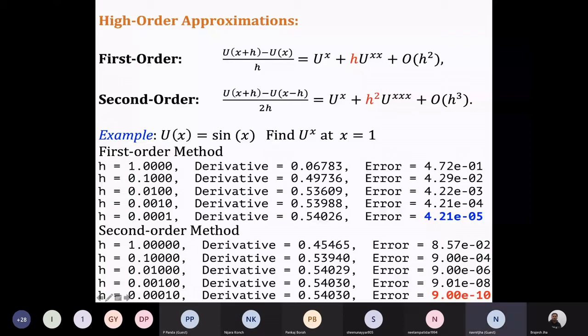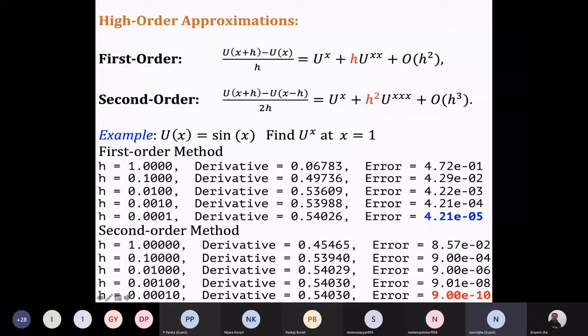So we can use this formula to calculate the derivative. I am just going to explain this first order and second order. What is the advantage of it when we calculate the derivative of the function sin x at the point x equal to 1? Now use this simple two lines of coding, for h starting from h equal to 1 and reducing each time by 10 raised to the power minus 1. So each time h starts from 1, then 0.1, then 0.01, and so on.